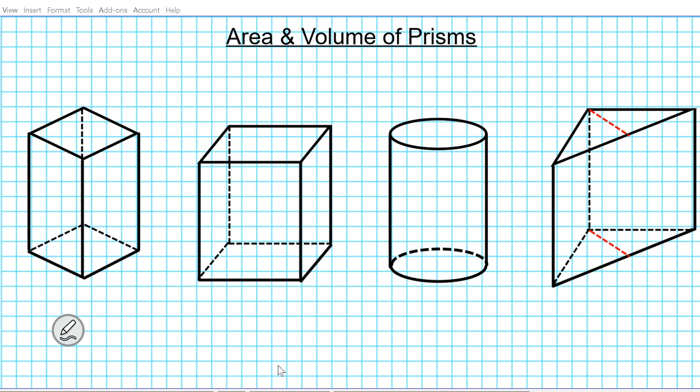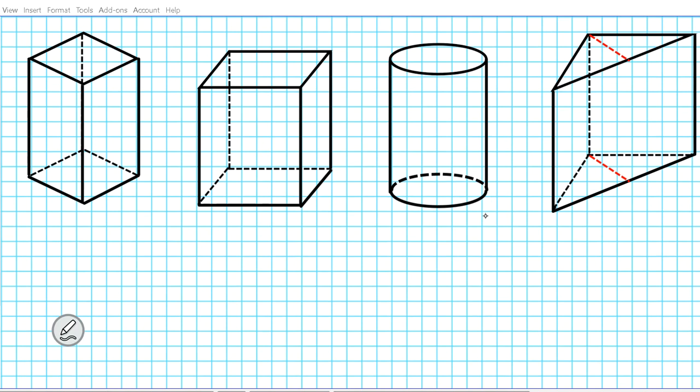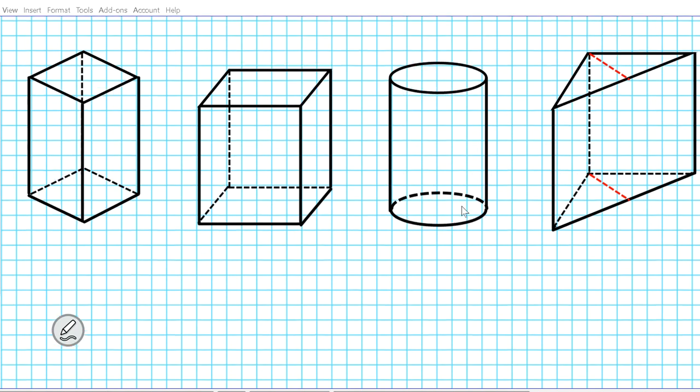Good day, students. In this clip, we're going to be going over area and volumes of prisms. Okay, so what we're going to do first is take a look at the formulas that will be guiding our problem solving process, and then we're going to apply them to 4 examples. All right, so for the first one, we're going to start with